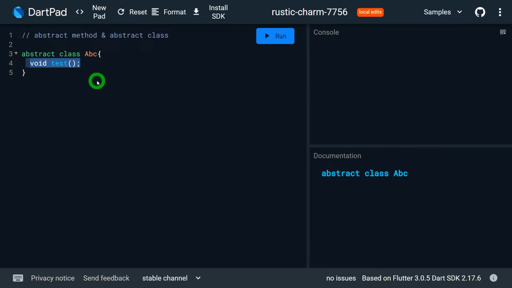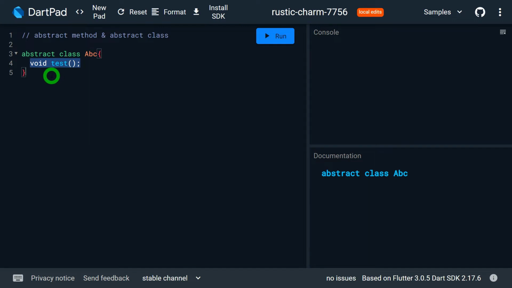Now it's not the case that when a class is abstract, it must have an abstract method. No, it's not the case. So an abstract class can have an abstract method. We can place non-abstract methods, means concrete methods, in that class, and it can also have a combination of both. It's important to note that an abstract class cannot be instantiated, means we cannot create the object